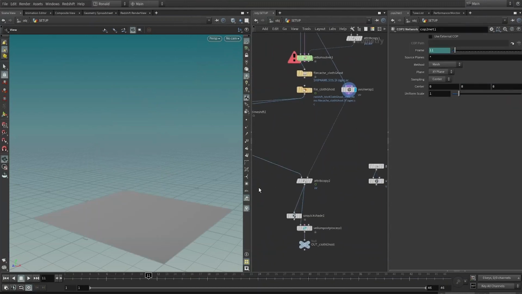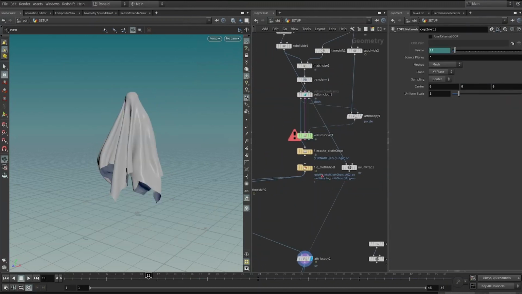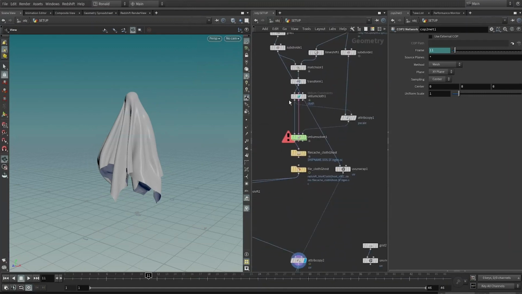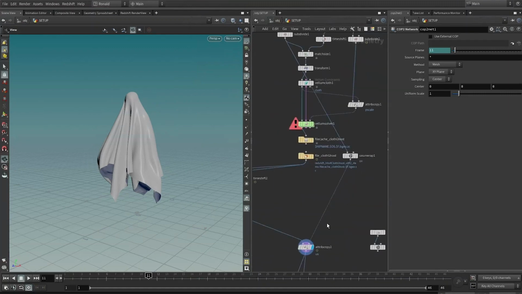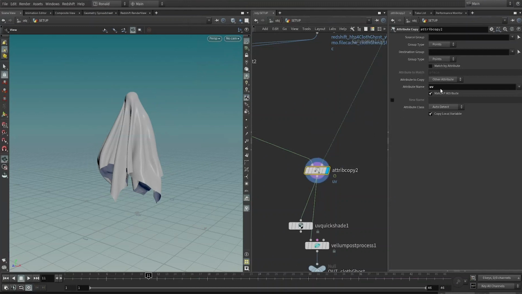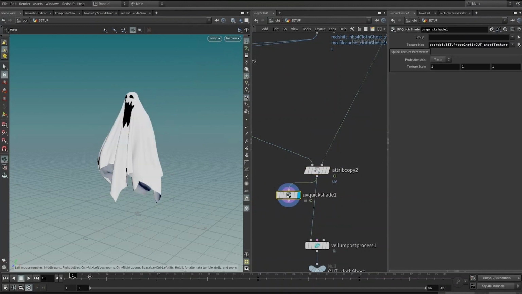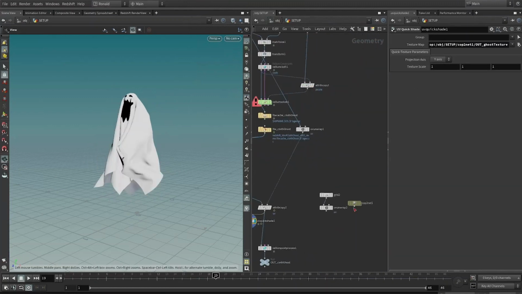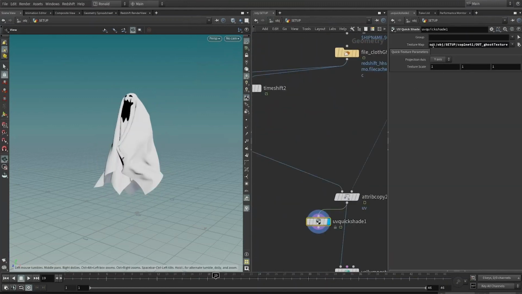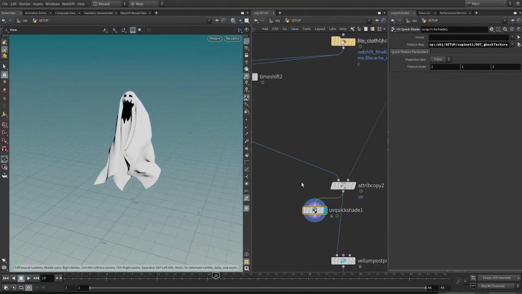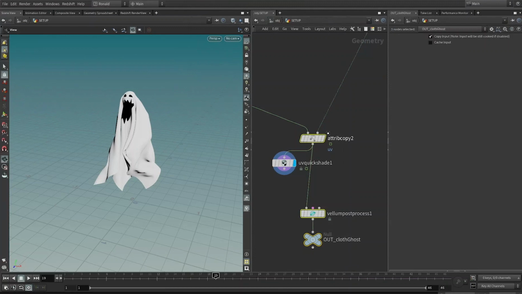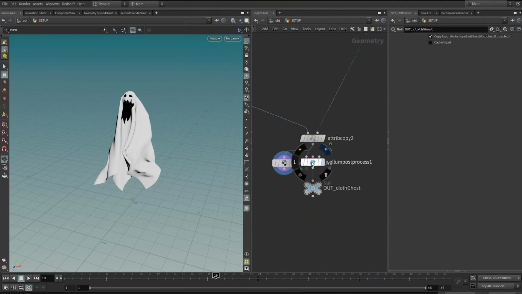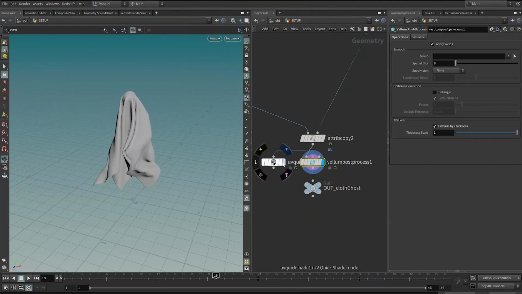We've got the UVs over here from the main source. We forgot about the UVs before our simulation, and not to worry, we just created the UVs again and attribute copy the UVs onto our simulated geometry, and we drop down a UV quick shade, to which we prepared a comp network at the right side and picked up the texture over here. The thing to take note is to drop down this OP colon, and we can preview our texture here. However, we don't want to render that, so we'll just use that as a preview, just to be sure not to pipe it into the main out node,